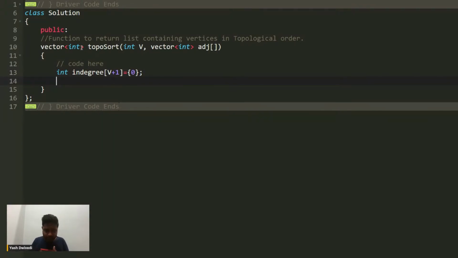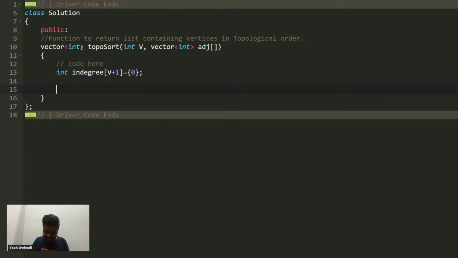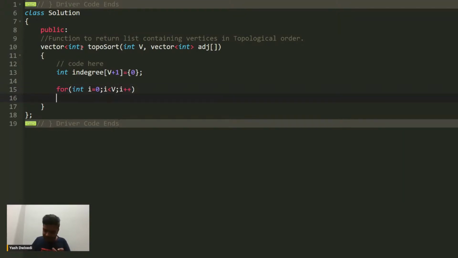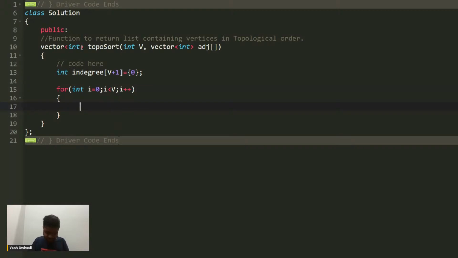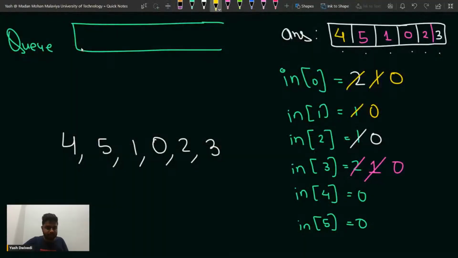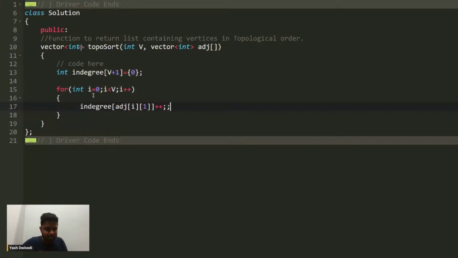And then what we will do is we need to iterate through the adjacency list to calculate the in degree, right? So we'll say that int I starts from 0, I is lesser than v, and then we will do an I++ here, right? And once we are doing that, we will say that the in degree of adjacency of I and 1 plus plus, because if we have a particular node,